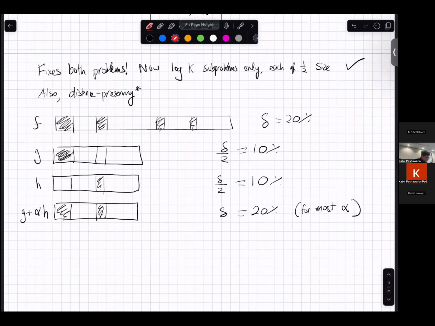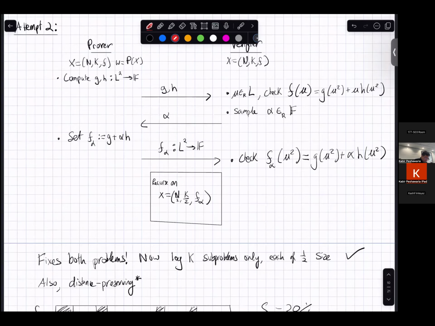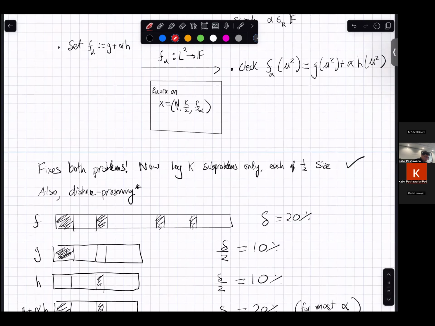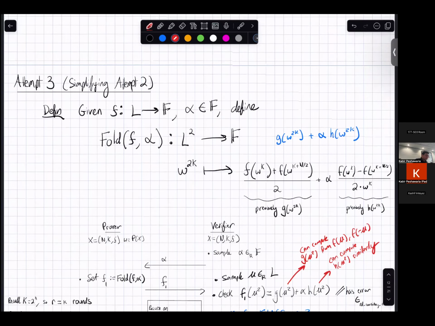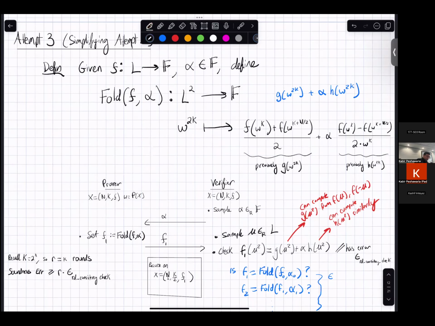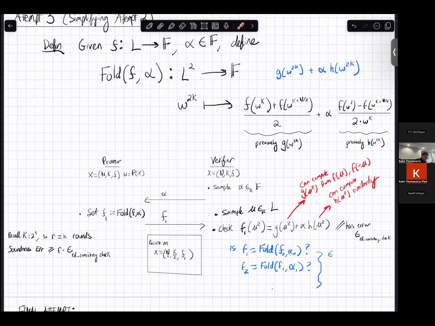This is what I was saying with the prelims, the decomposition of the polynomial into even and odd parts. If you want to abstract all that away, you have this folding formula, which does this. Where this formula came from was the even and odd refinements. But when you just look at this formula, you see that I can calculate this value just by knowing the values of f of omega k and f of minus omega k.